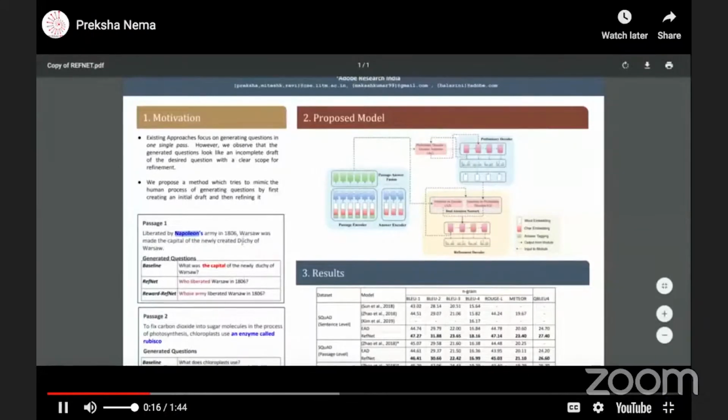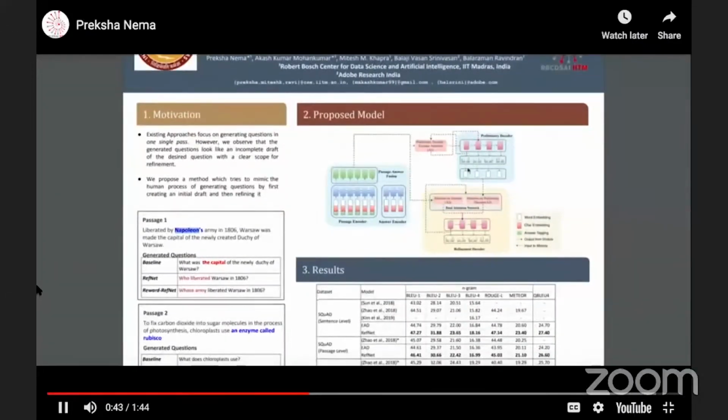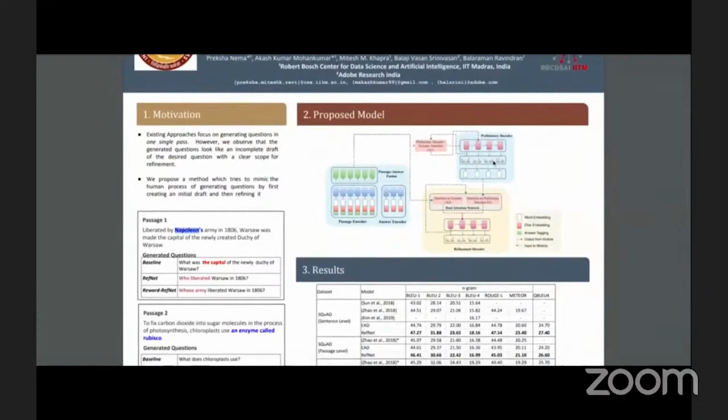The way such systems are currently modeled is that you have an encoder which tries to abstract out the information from the passage and answer interaction, and then you try and generate the question one word at a time in one single pass, which is called a decoder. Now, unlike humans, they don't revise the question that has been generated in multiple revisions, and therefore it could be either incomplete or incorrect.